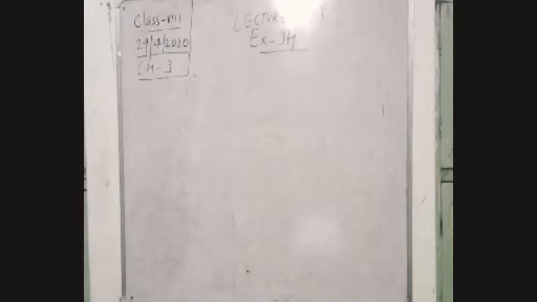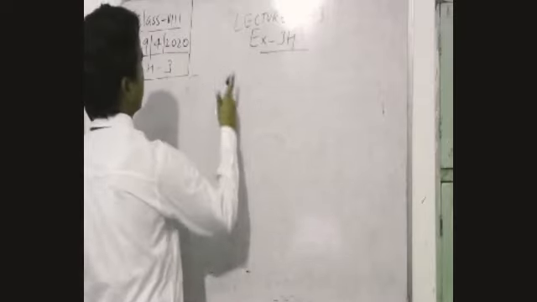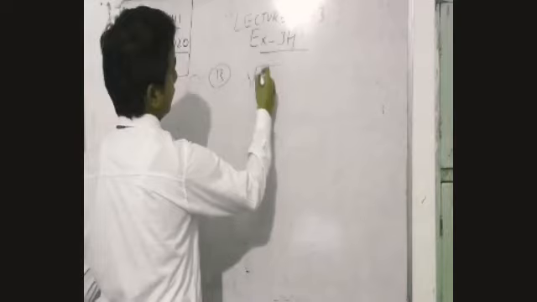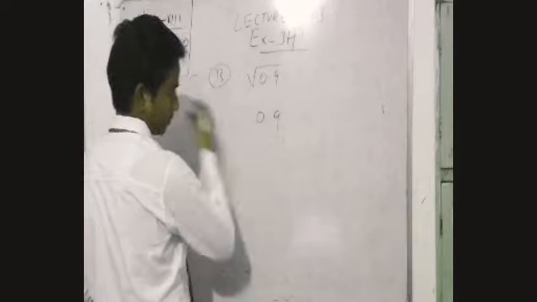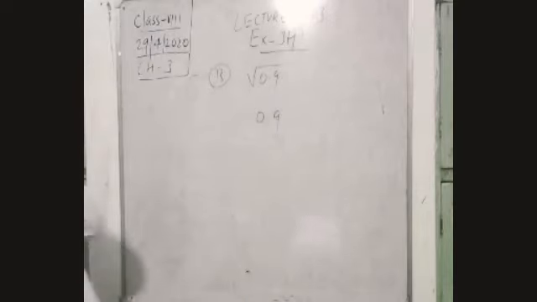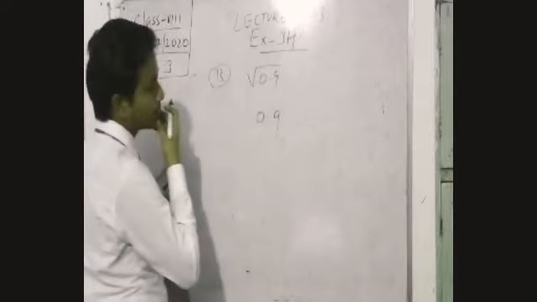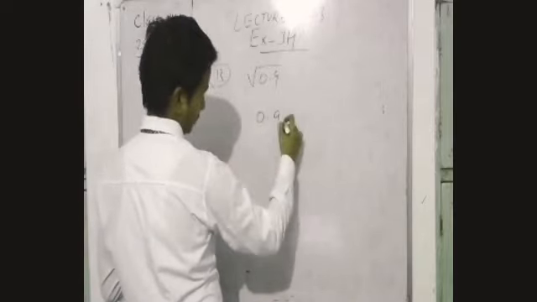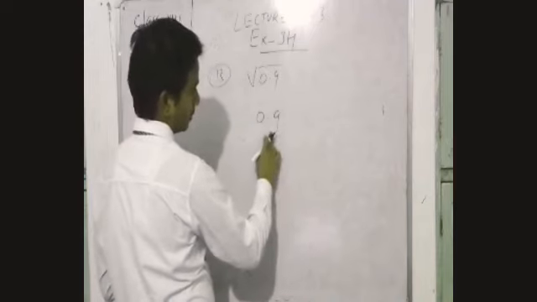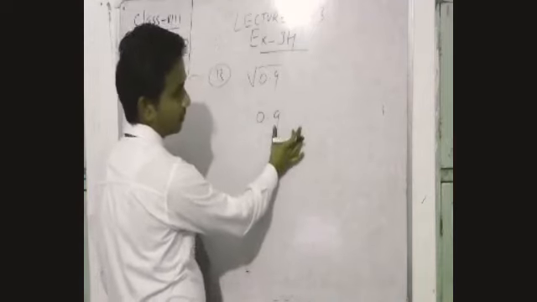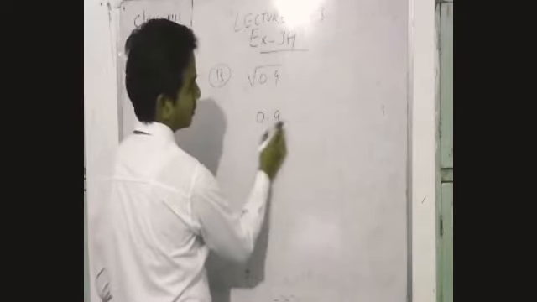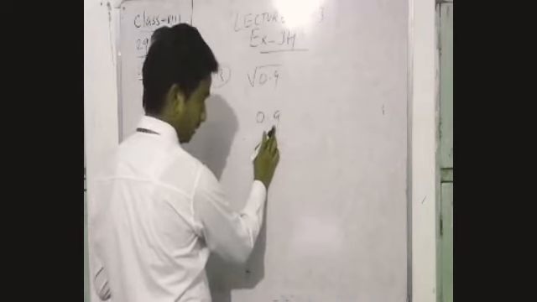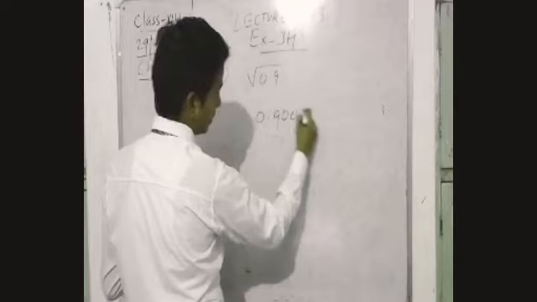Now see question number 13. We have to find the square root of 9. I have told you, in the option we have to find it correct up to 2 decimal places. So what do we have to do? For correct up to 2 decimal places, we need 4 digits here, because 2 2s are 4. So how do we make 4 digits here? After the decimal point, 1 digit is already here, so the remaining 3 digits will be 0.